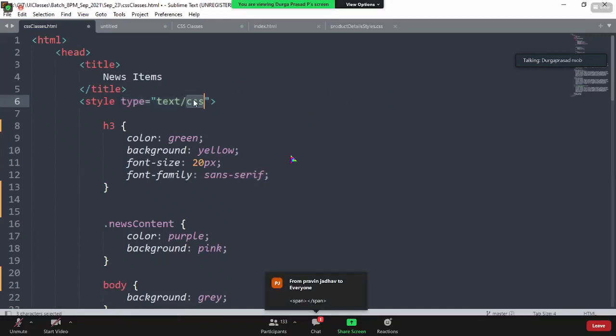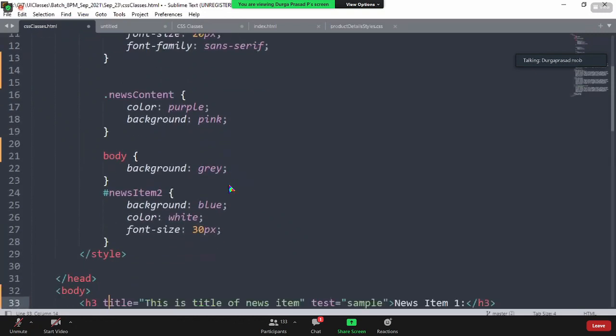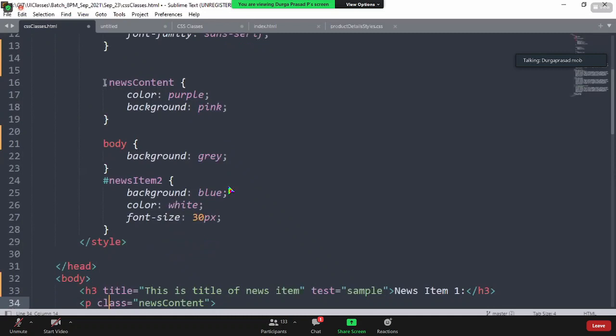Clear? So, the difference between class and ID, please. We have discussed that many times, right? Just to throw a small light on it. A CSS class is any class name which starts with a dot operator.